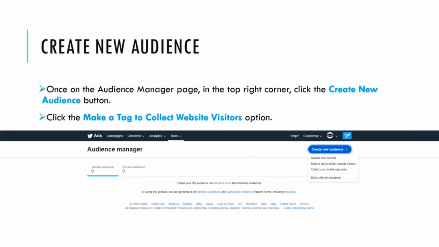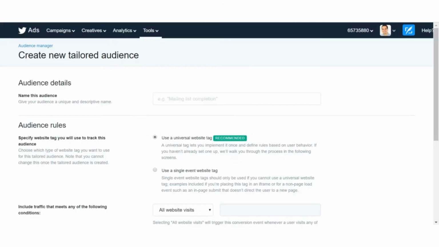So once on your Audience Manager page, under the Tools Audience Manager, click the Create New Audience button in the top right. As you can see, the options include uploading your own list, as we just did with the Excel .csv file. But next, let's make a tag to collect website visitors. So first, name this new tailored audience. For these website tag audiences, I like to name it in accordance to what audience I'm creating. So whether it's all website traffic or a specific page, such as the checkout thank you page, name it that